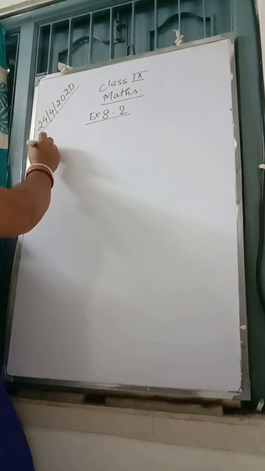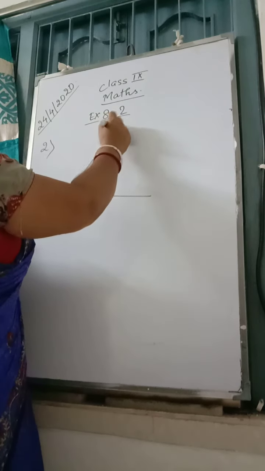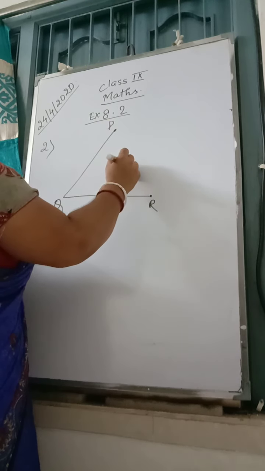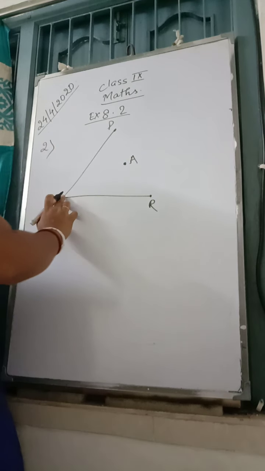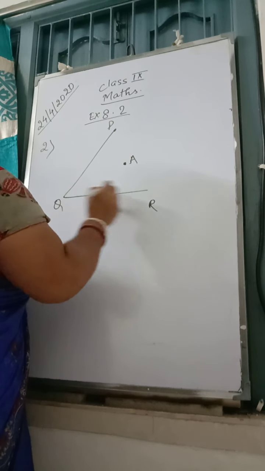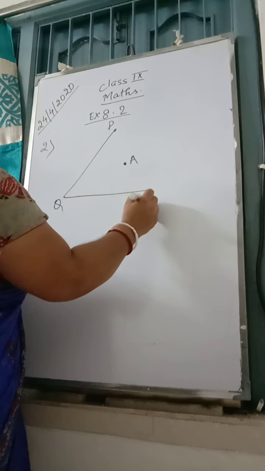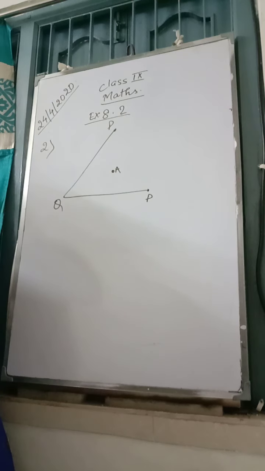A is any point in the angle PQR. Question number 2. Now let this be an angle PQR. Clear? This point is Q and A is a point here. According to the question, A is not at the angle but in it, so we have to draw A inside PQR. We know there is interior and exterior. So this point is inside the angle. More you can take. This is inside the angle, A.